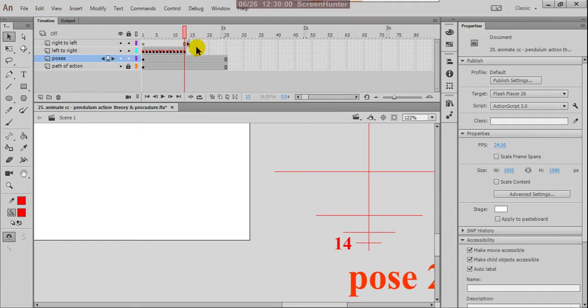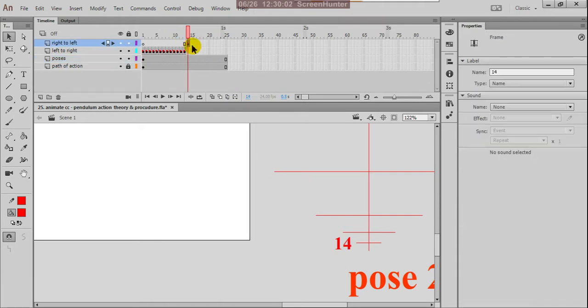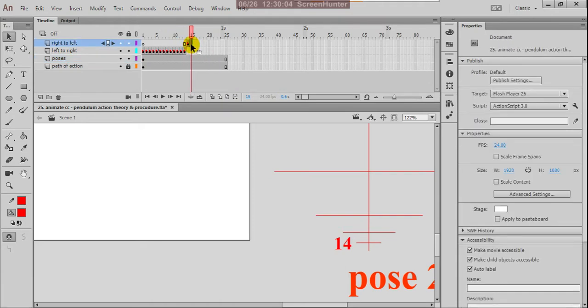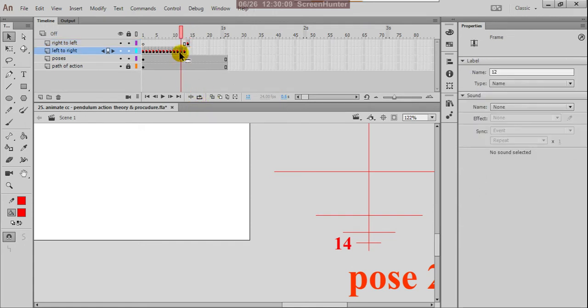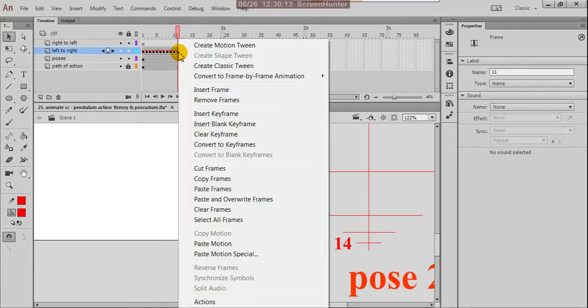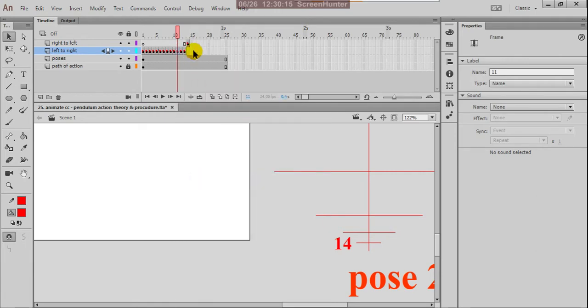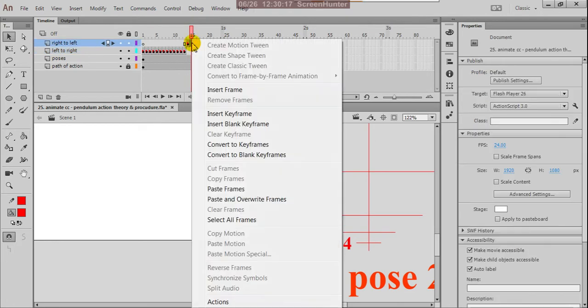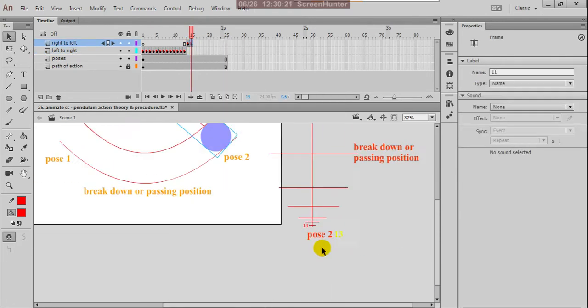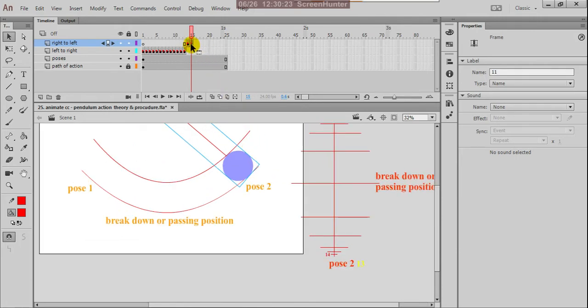Next, for 15 you can copy the 11th frame: copy frames and at the 15th paste frames.